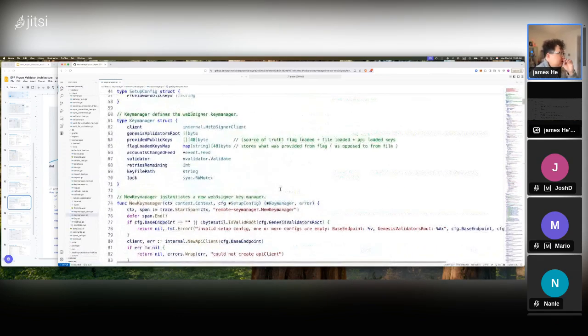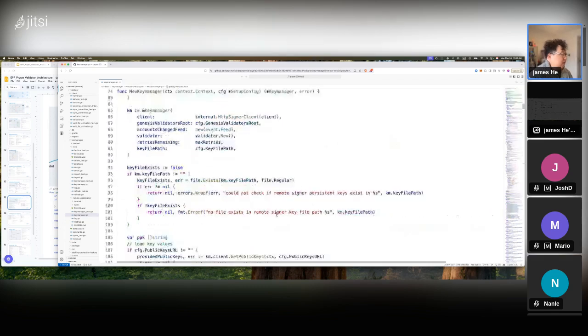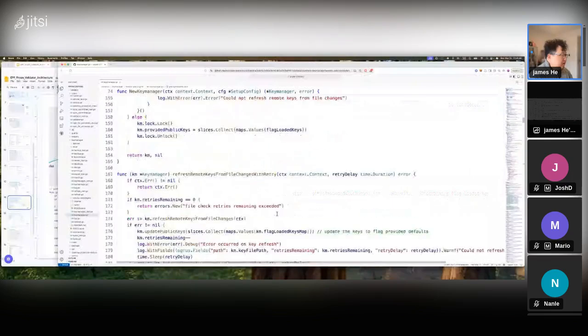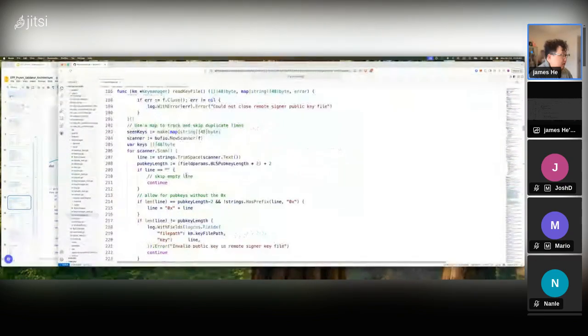So this is our remote key manager, and it just follows the same interface as the other key manager, so it gives you access to all those functions. But in terms of the remote key manager, it will use